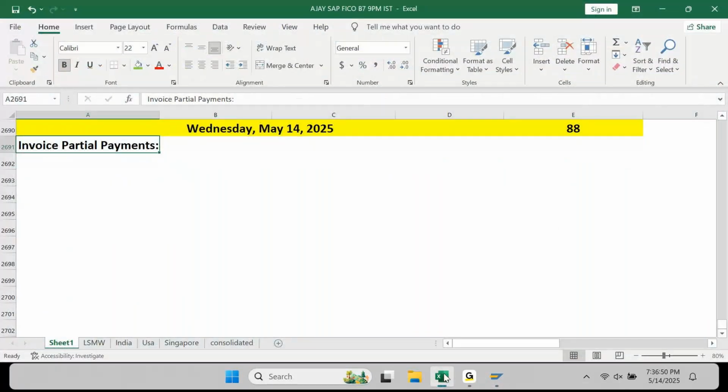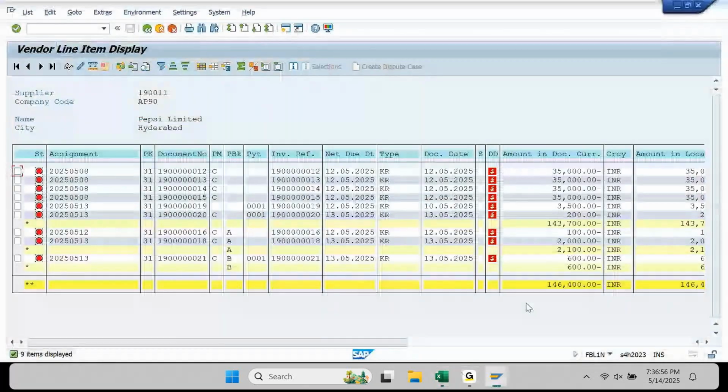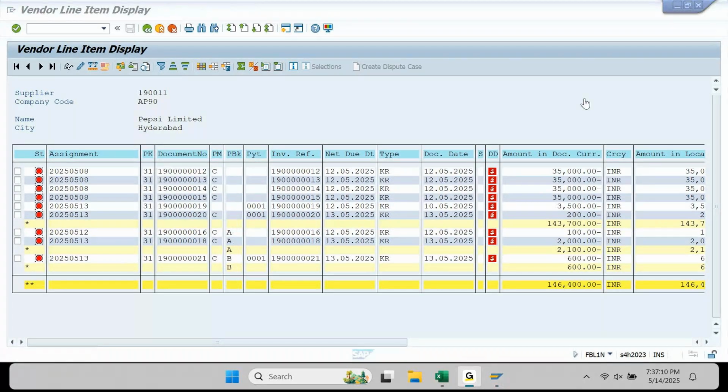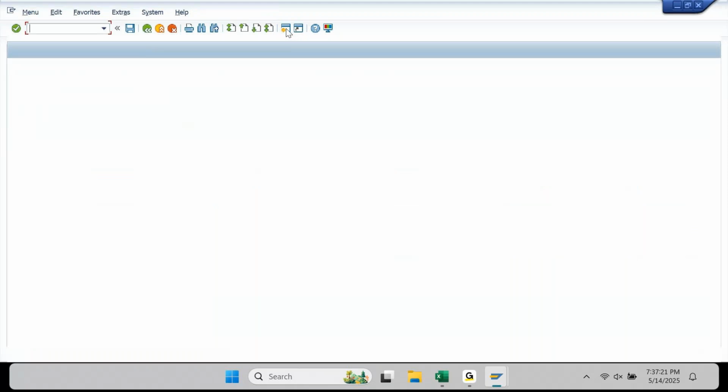Let me do the partial payment, but before I do the partial payment, I will execute one full payment. If I take the same vendor, if I wanted to process payment for invoice number ending with 12, what should be my payment value? 35,000. It should be 35,000. I'll go to the payment screen. Manually I'm doing